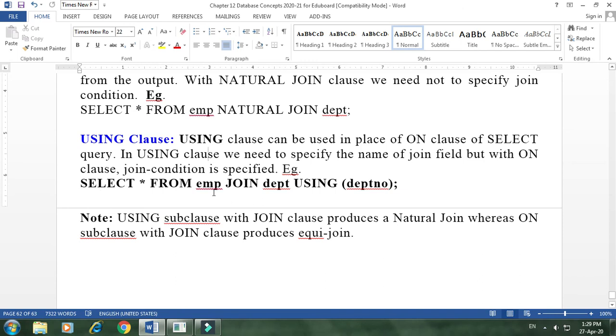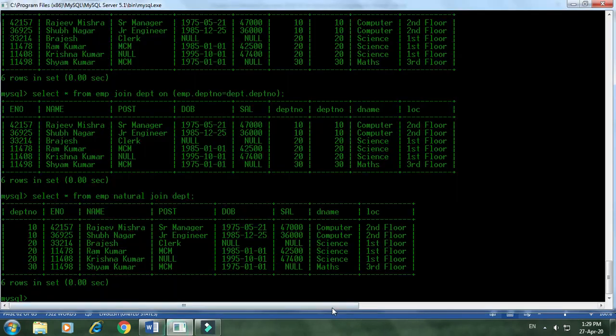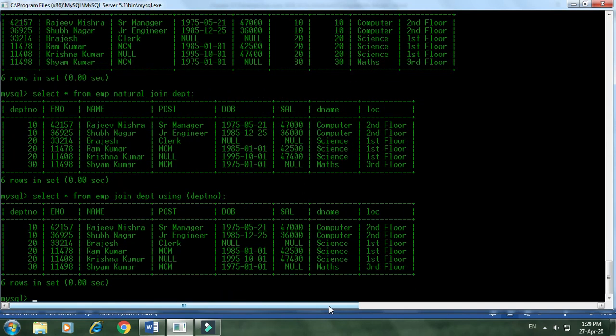So select star from EMP join department using department number. You just write using here. You can see there is no need to write on; in place of on, we write using, and here you write the department number only, the column name, because it is common in both tables. So I just write the department number and it is going to do the Cartesian product. So either we can use on or we can use using.